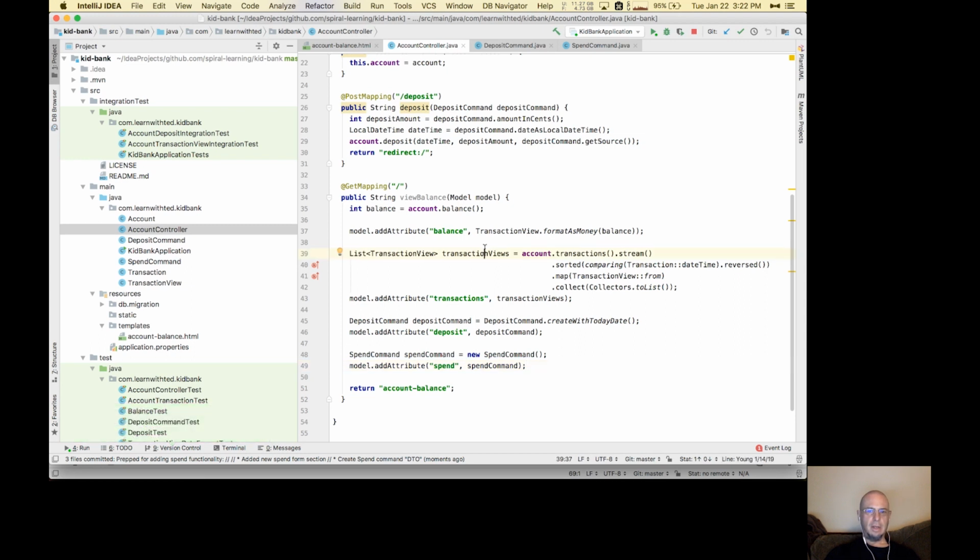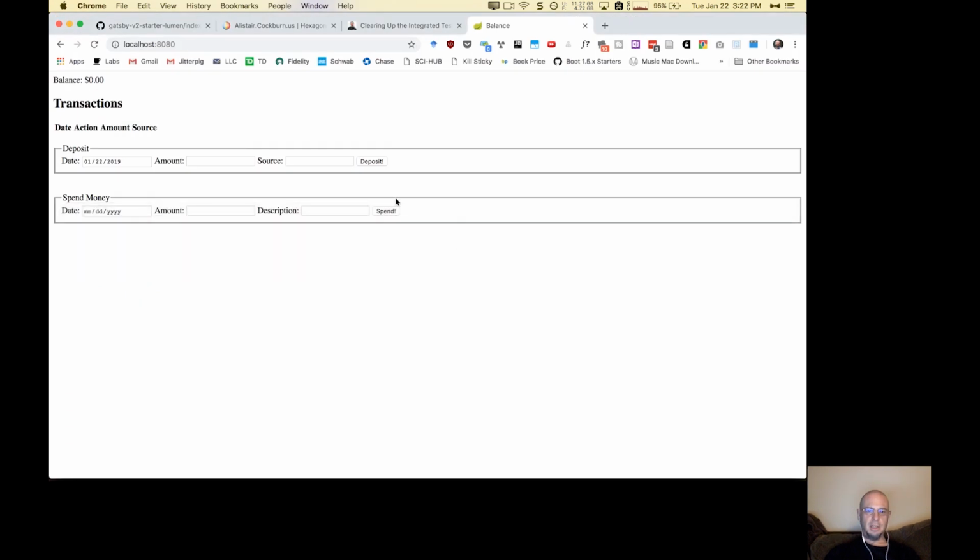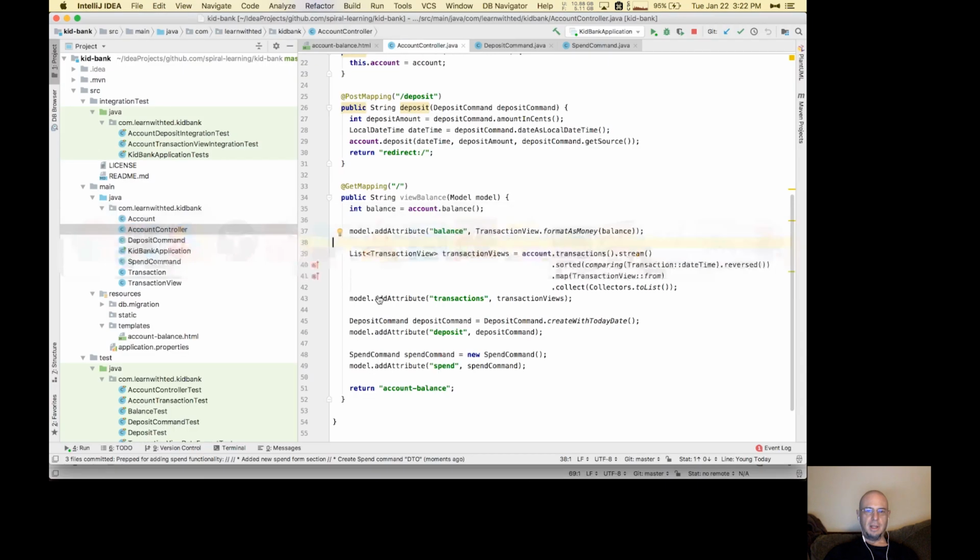Okay, so the way I approach developing this is, if I was doing pure automated tests for everything, I might have written a Selenium test to see that this worked, but that's more overhead than I actually want. But now that I have the outermost parts of the application done from the UI, we're going to take a level inward and ask: what do we need from the controller to be able to do this? So if we look at the controller,